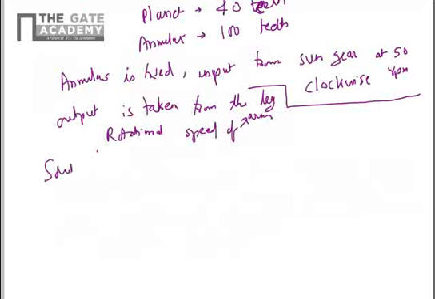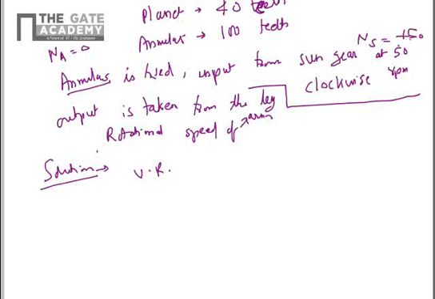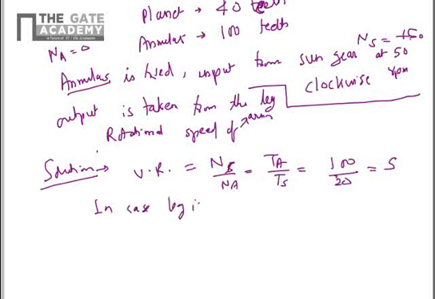So here, for solving this problem, we'll take the minus NL frame of reference approach. We'll find the gear ratio or velocity ratio between the gears for which the speeds are known. The speeds are known for the annulus, which is fixed, so NA is equal to 0, and the sun gear NS is equal to plus 50 rpm clockwise. So the velocity ratio between sun and annulus will be, let's say, NS by NA. This will be equal to TA by TS, which is 100 divided by 20, since the sun has 20 teeth, so this will be equal to 5. Now this is the velocity ratio in case the leg is fixed.